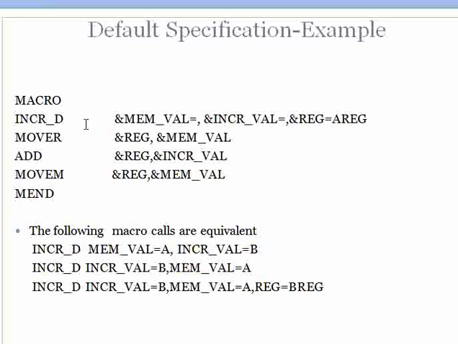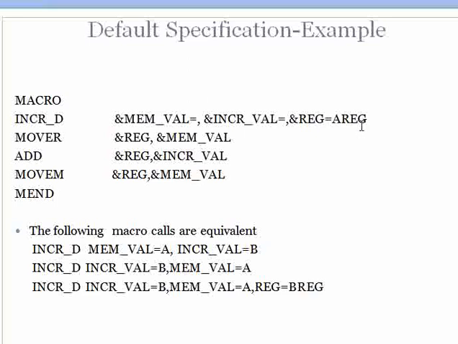So if you look at this prototype statement here, INCR_D, what do we see? The first one is a keyword parameter because there's an ampersand, the name of the parameter followed by the equal to symbol. Then INCR val also happens to be a keyword parameter, but the third one, ampersand register equal to, is a keyword parameter but with a default value.